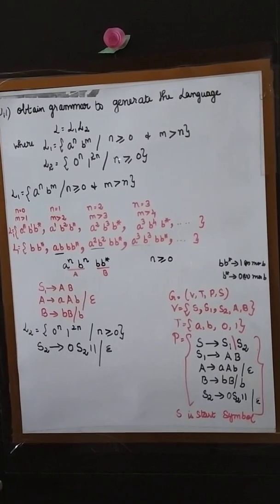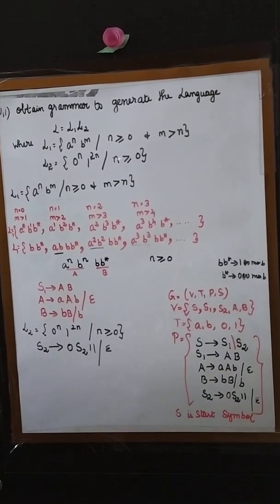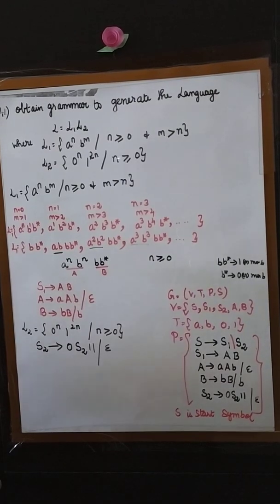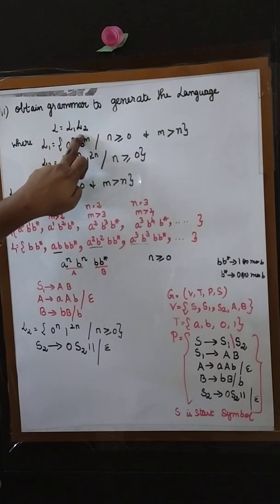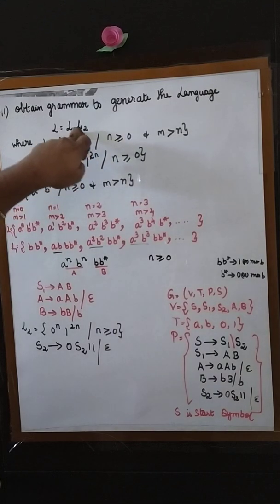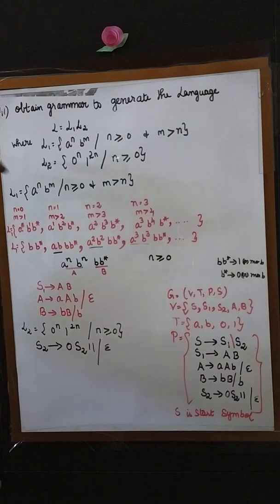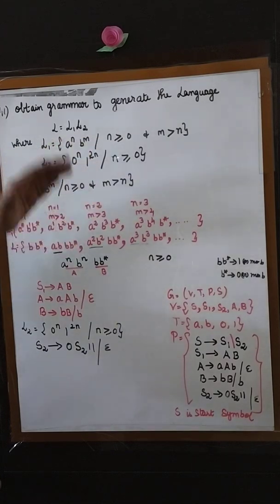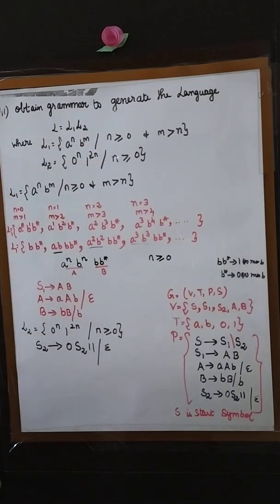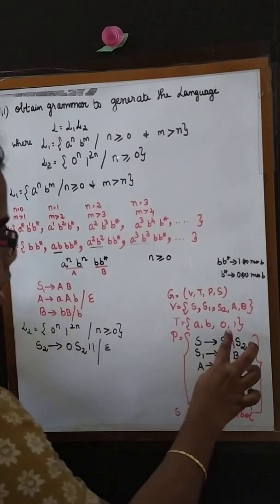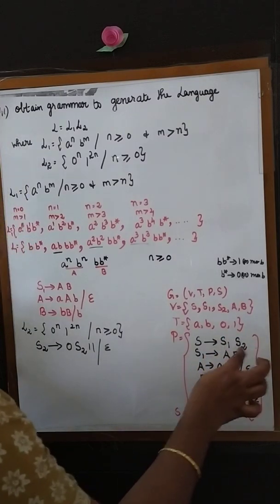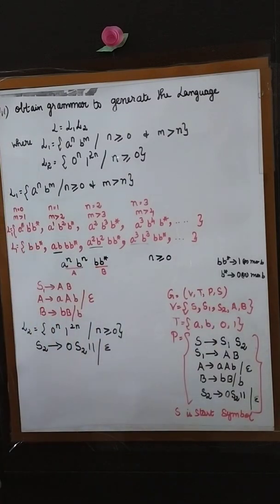So this is the 41st sum. Same question what we have seen previously, but in the previous question we had L equal to L1 dot L2. So this is my language L1 L2, same thing till here. When you are writing the grammar, there is only a small change. Since they told you L1 dot L2, when you are writing the production, it will be a concatenation: S1 dot S2.